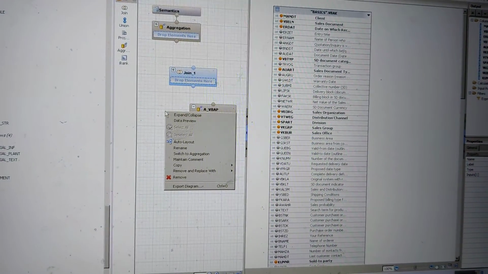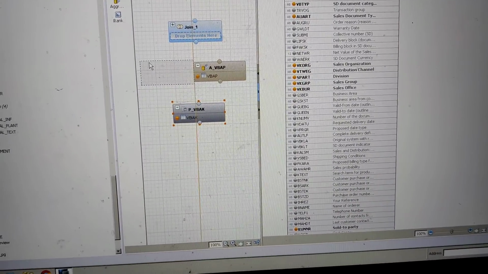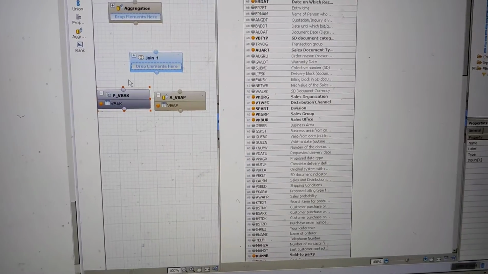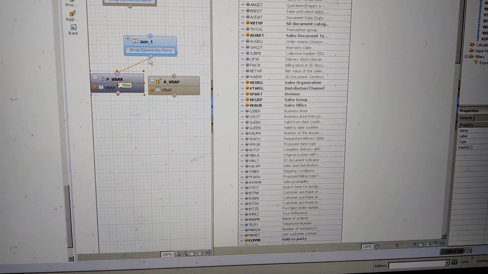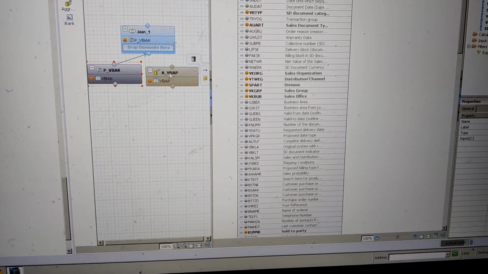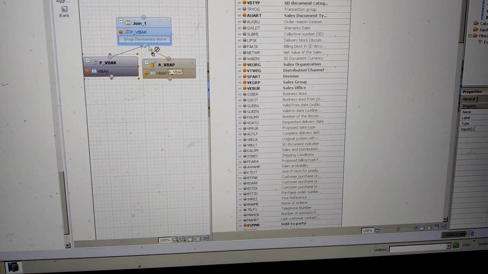Now here what shall we do is, let's drag this here. Okay, now remember here one thing, this should be the left table, this should be the right table, is it not? So first join this. Never ever try to join this table first, because if you join this, it will show it in the left side table.